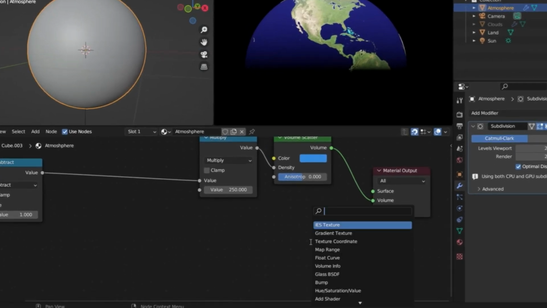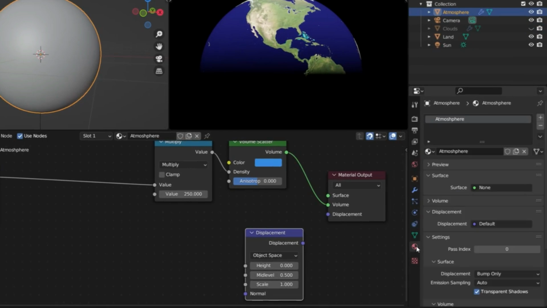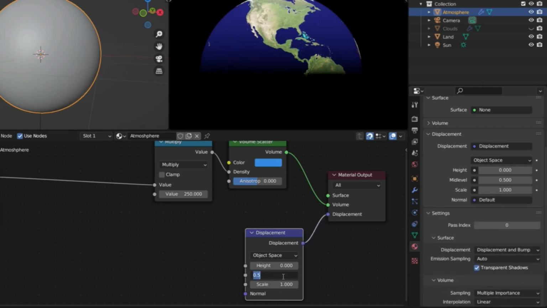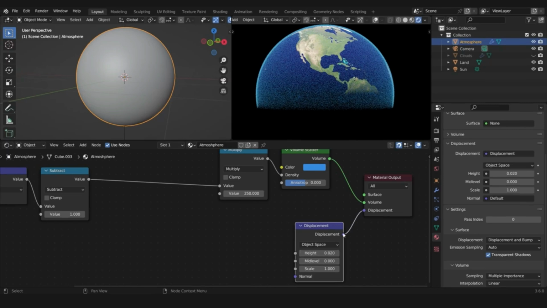I'm going to press Shift A and look for displacement, which we used plenty of times during this course. Make sure you jump to your material properties, scroll down and change this from bump only to displacement and bump. I'm going to plug this into displacement. For the mid-level, I'm going to turn it to 0. And let's bring this to something like 0.2. And boom, something is happening right now. We're starting to see